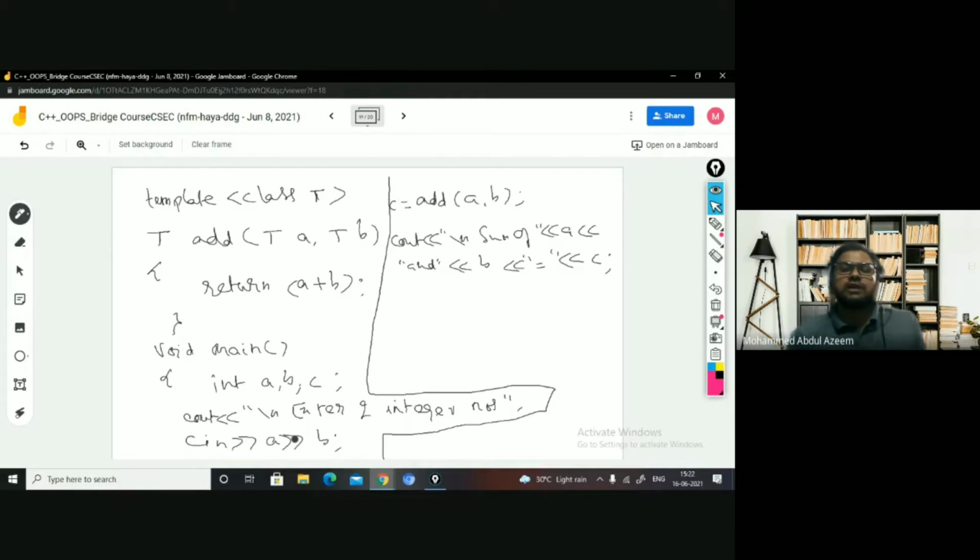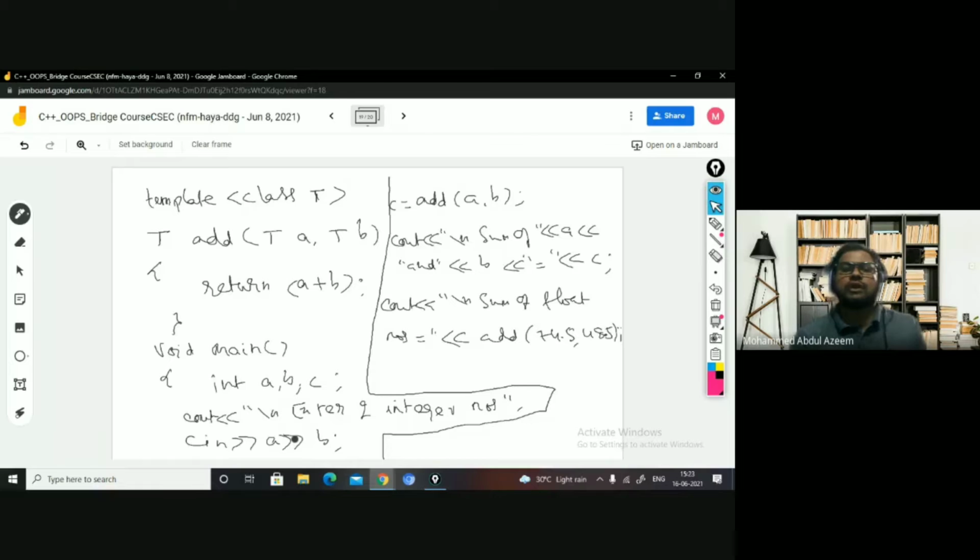Similarly, I can perform the add operation on float kind as well, right? I directly take the float values and pass them from here. Sum of float numbers equal to add of 74.5, 48.5.